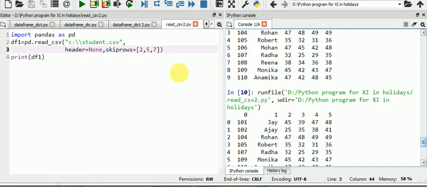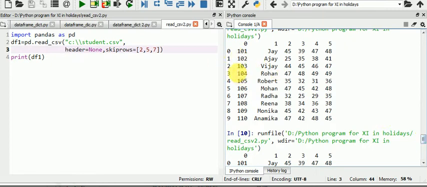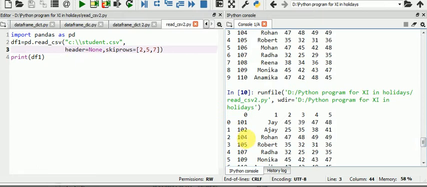I gave skiprows first 2, which means roll number 103 is missing here at the third index. Now the second is 5, that's 106, and 106 is also missing here.